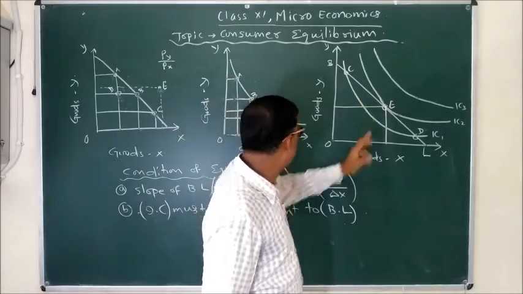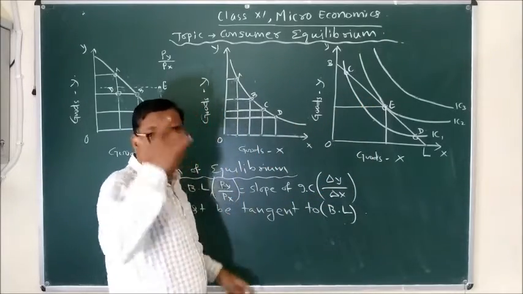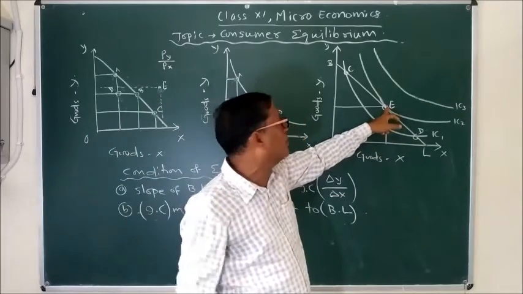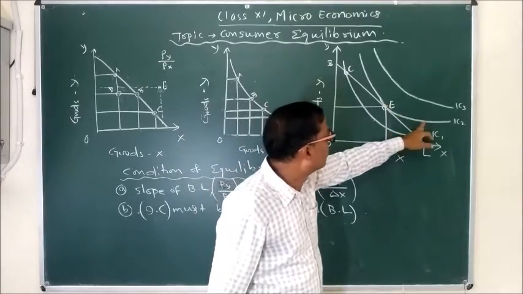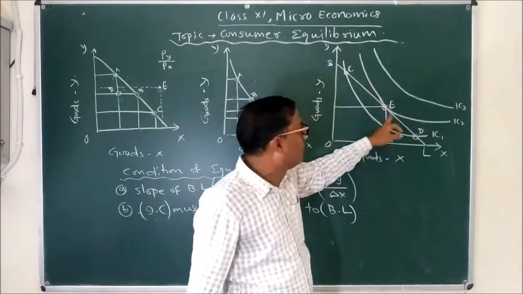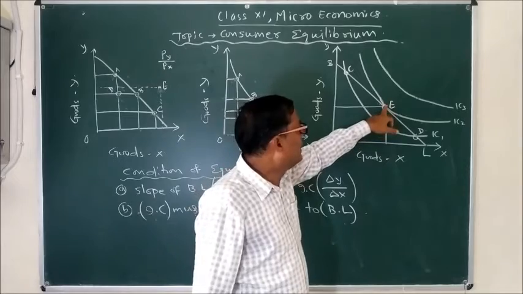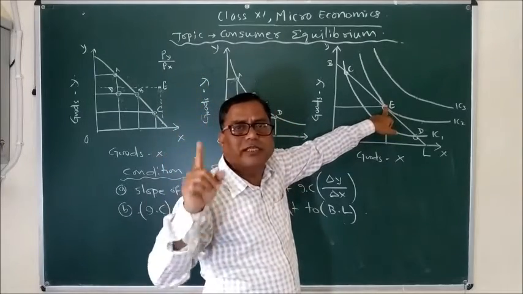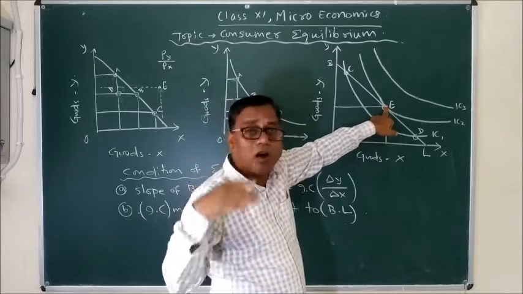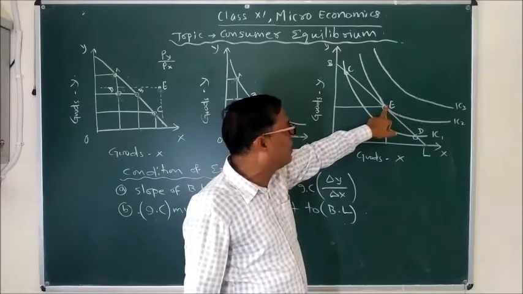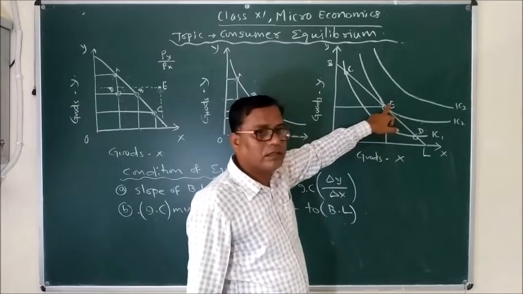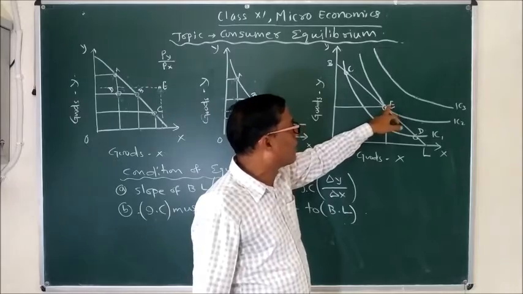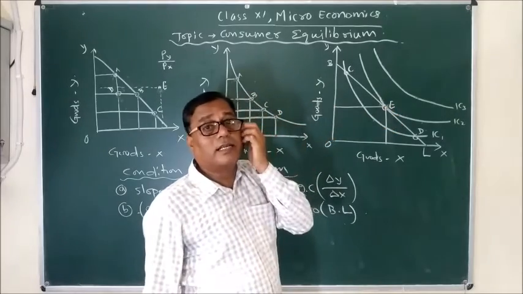Here you can see that the first condition and second condition both are satisfied at point E. So E is the point of equilibrium. Here you can see IC2 is just touching the budget line. That means E is a combination that the disposable income of our consumer is allowing him to purchase, and at the same time he prefers point E. That's why indifference curve IC2 is tangent to budget line at point E,